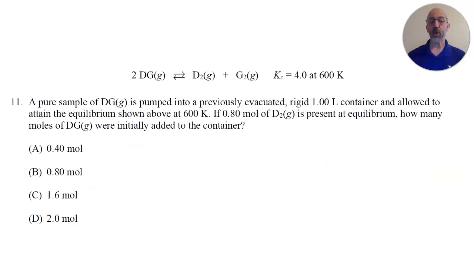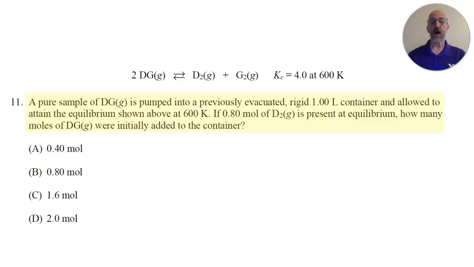Now let's take a look at question 11 in the packet. In question 11, we are told that a pure sample of substance Dg is pumped into a previously evacuated rigid 1-liter container and allowed to attain the equilibrium shown above at 600 Kelvin. If 0.80 mole of substance D2 is present at equilibrium, how many moles of substance Dg were initially added to the container? Now, just like I had mentioned when we solved questions 7 and 8 in this packet,